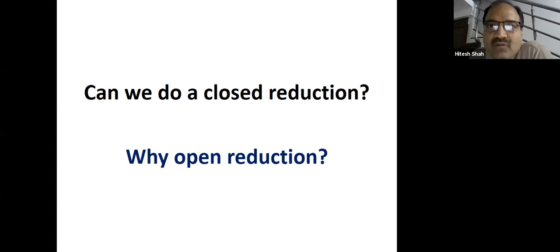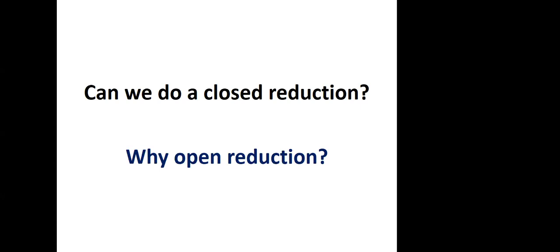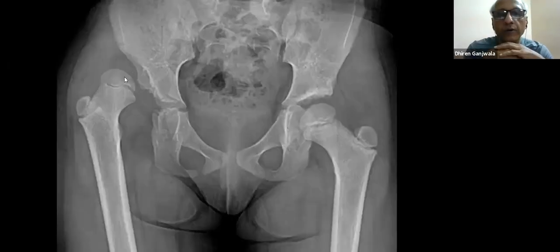Why do you think so? Closed reduction is preferable at 5 years of age. What is the reason? Why not open reduction? Because the pseudoacetabulum is still shallow. I mean, the head still has too much to grow. The pseudoacetabulum is quite shallow, sir. That means that there is not too much weight bearing done earlier. Sir, I cannot justify, sir. Sorry. Okay, fine. Okay, fine.